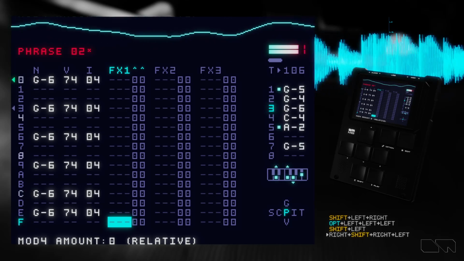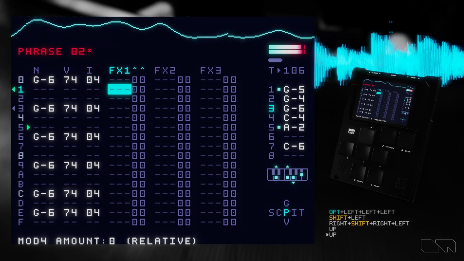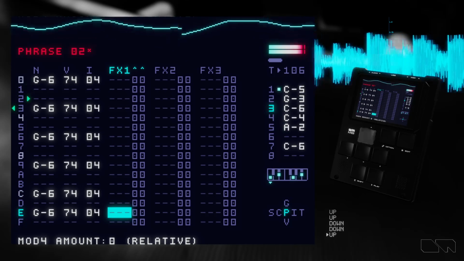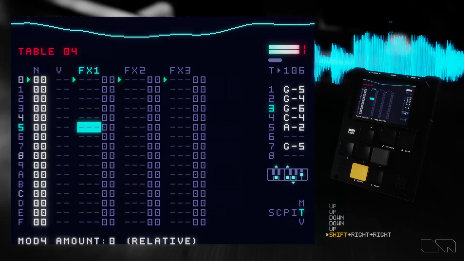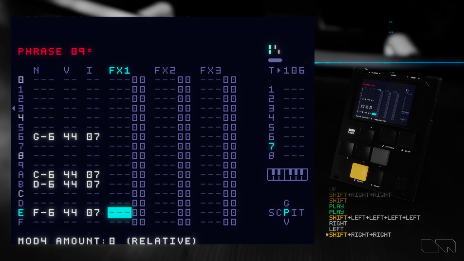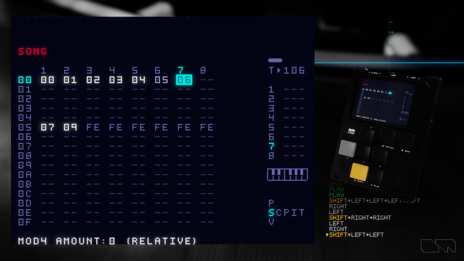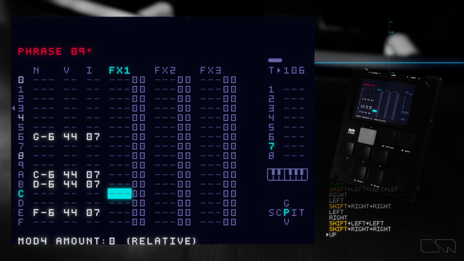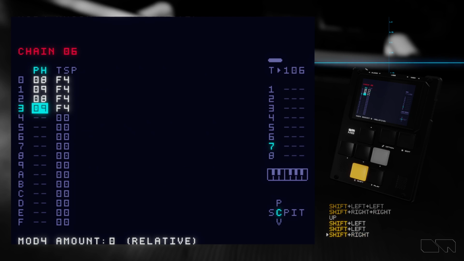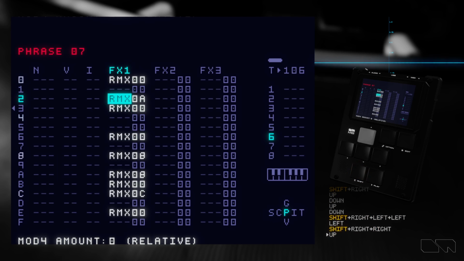You see that playhead jumping around there at that last loop. RMX was kind of an experimental feature I was playing with in a previous beta, and I never released it. It's definitely good for doing a quick fill. It's kind of crazy, the level of stuff you could do with it. But basically all it does is whatever phrase is currently playing that has the RMX command in it, you can